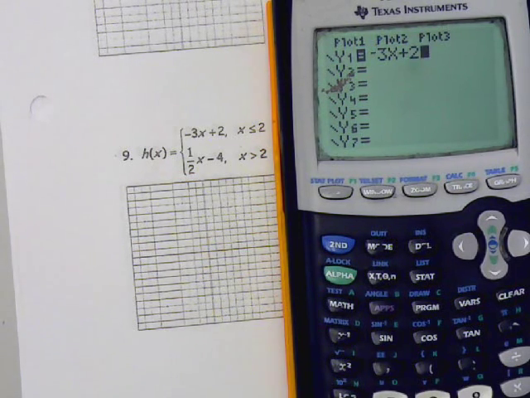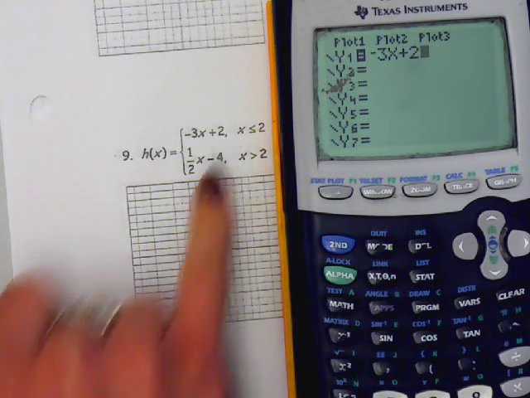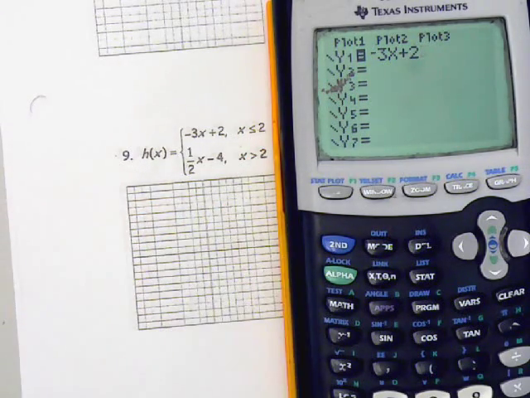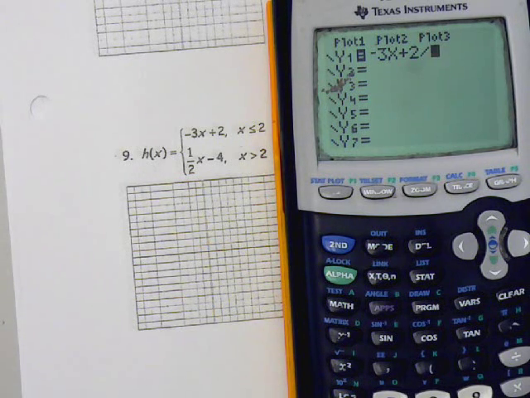Then we are actually going to type in the inequality. This x is less than or equal to 2. And we're going to type a division sign. We have to do the division sign every single time. It's telling our calculator to split up the inequality. Then we're going to do parentheses,